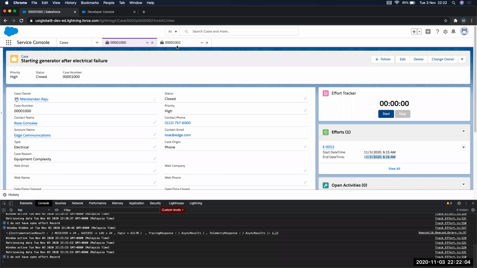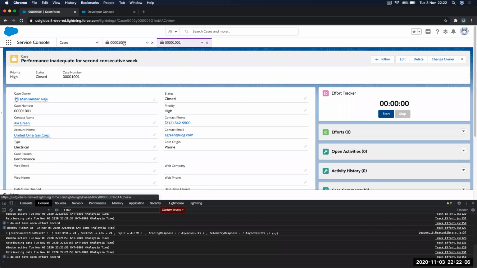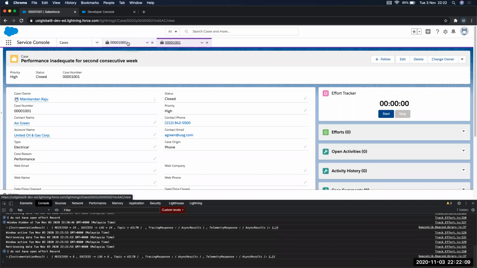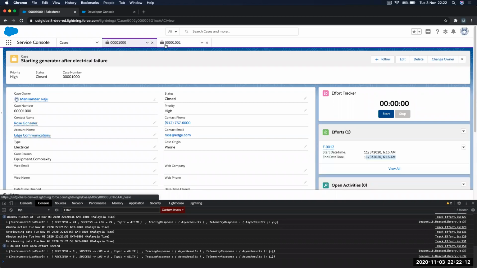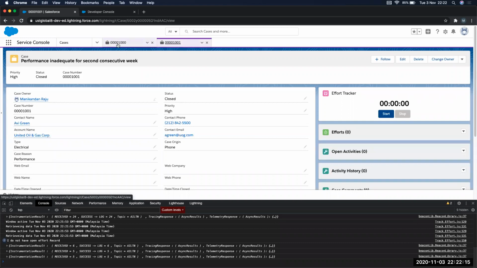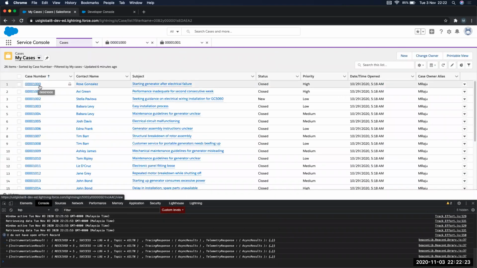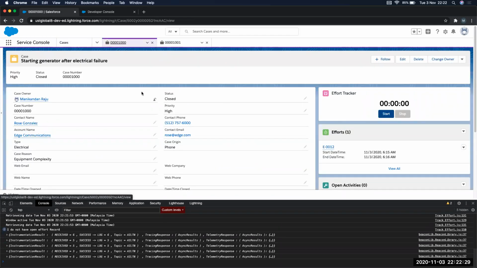It's a good question. I think I didn't come across such a use case. The reason being, with the console tab, let's say I am on 1000, and the next tab is 1001. As per Anu, if I click on 1000, it is supposed to open in a new tab, right? But instead, it goes to the tab from which it is accessible. I don't think you can access it in multiple tabs within the same document. But there is another option wherein you can open in a new tab within the Chrome browser.